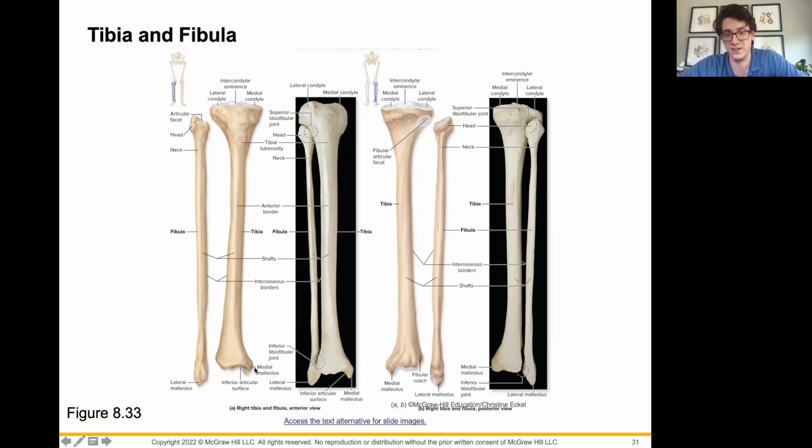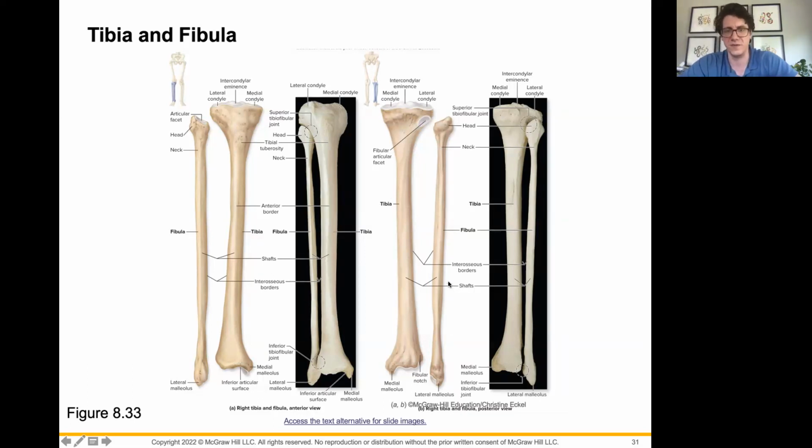It does not face laterally. We have a lateral malleolus, but it's on a different bone. So the medial malleolus here is part of our tibia. Now, if we look at the back of the tibia, the tibia also has a slight bit of arch to it. If we look at the back of the tibia, we can see this little articular facet that will hold the